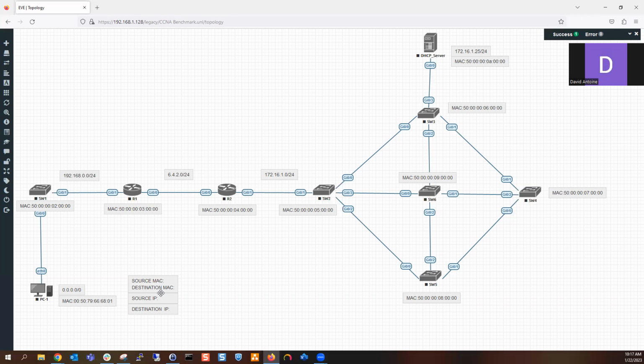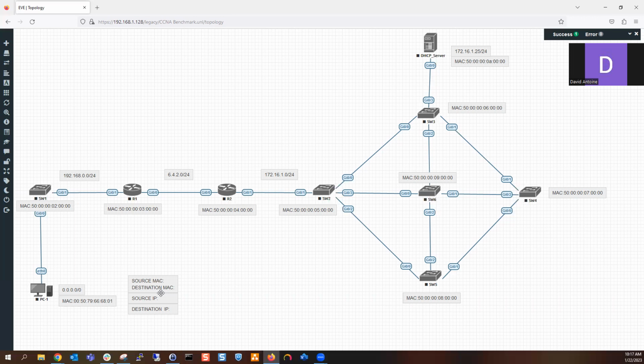And it should get a response back from the router in this case. It's going to say, hey, I know where the DHCP server is located. It's located over there. Here's the information. Send your request to me. I'll take care of it. With all that being said,